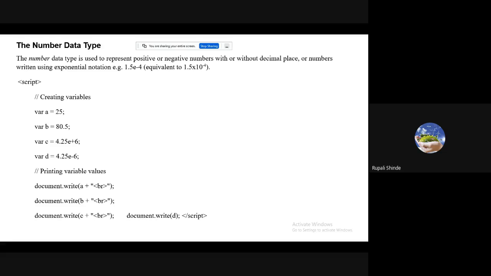Okay, so here the number data type is used to represent positive or negative numbers with or without decimal places, or numbers written using the exponential notation. Okay, same we can store for the scripting. Under the number data type we can store the positive number, negative number, decimal points or without decimal points. Then we can store the exponential number, plus